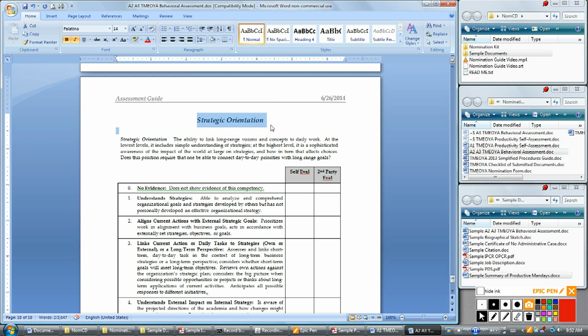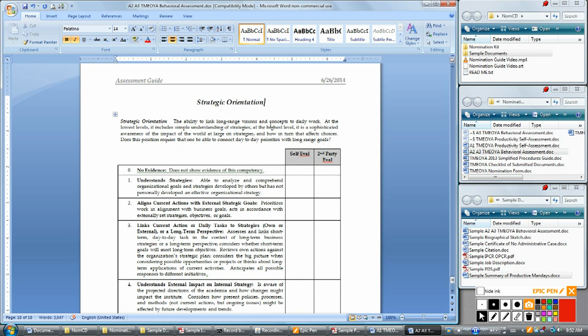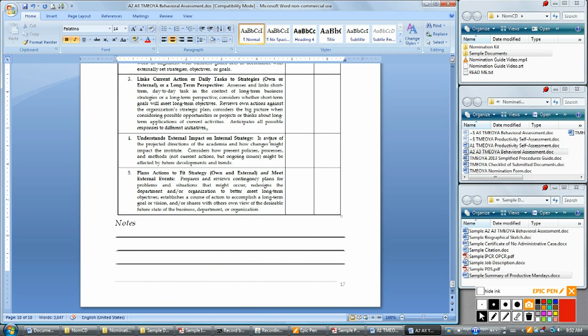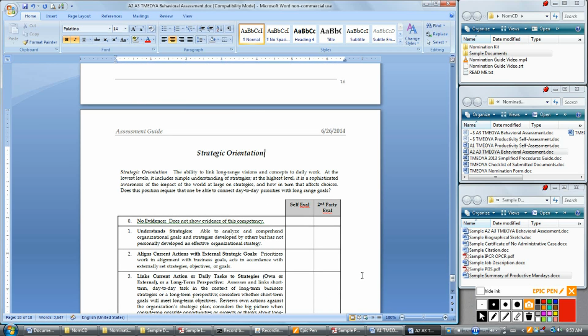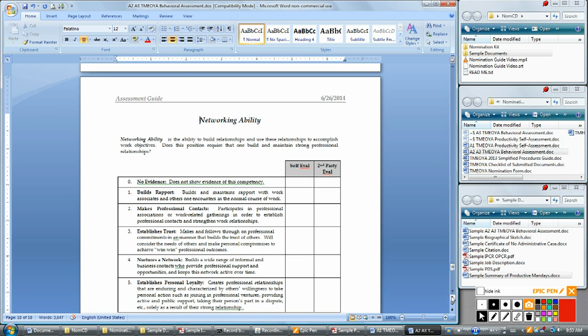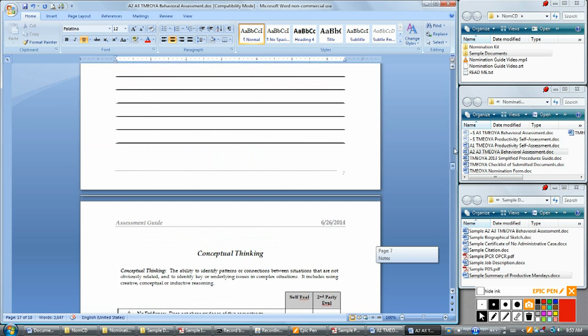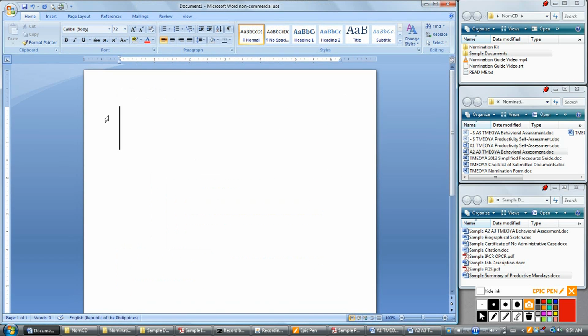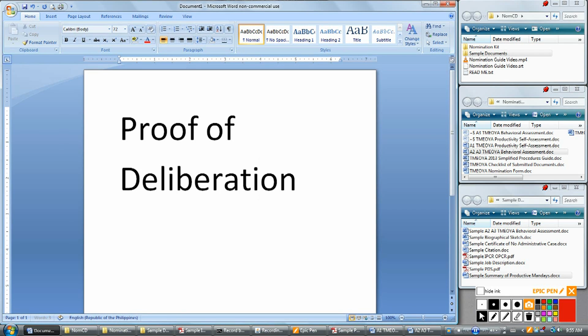As a reminder, do not attach any original supporting document. Photocopies of certificates, minutes of the meeting, memoranda of agreement or understanding, photographs, clippings, news items, or other supporting documents will suffice. The last document to be included in the nomination folder is the proof of deliberation and selection signed